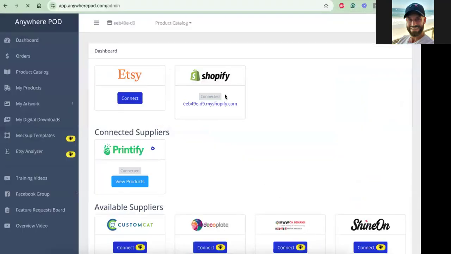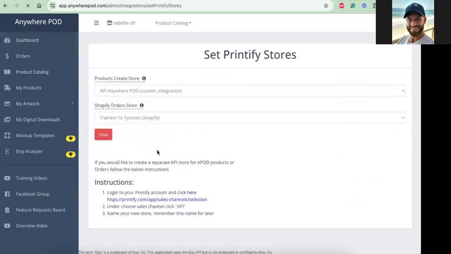Okay, so the first thing you want to do in the dashboard section is click connect your Shopify store. You follow the steps, very simple. Then you're going to connect your Printify store. Now, after you've connected your Printify store, you see this gear right here. The first thing you're going to do is click this gear button and follow the steps that it shows on here to create an API store for Anywhere